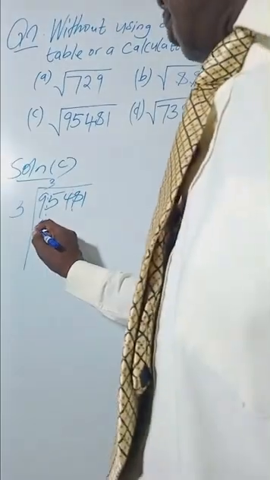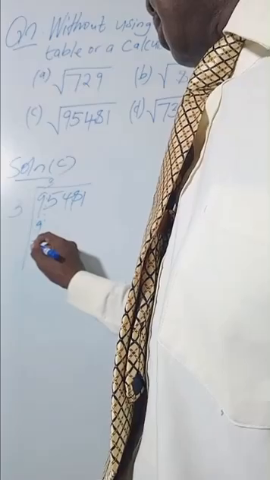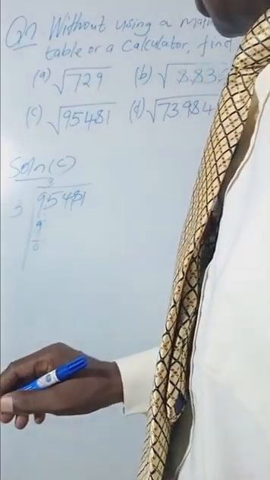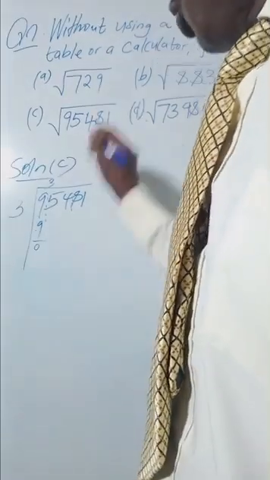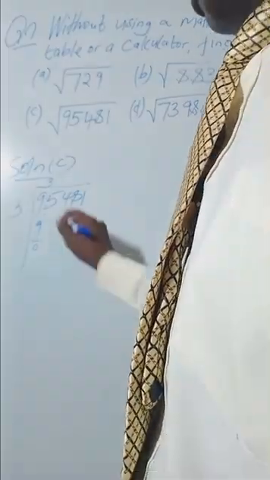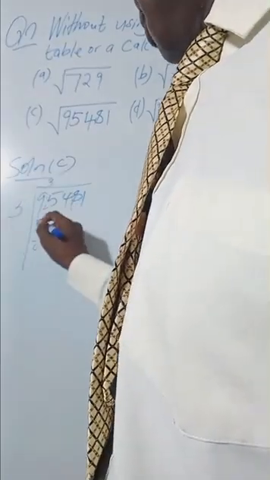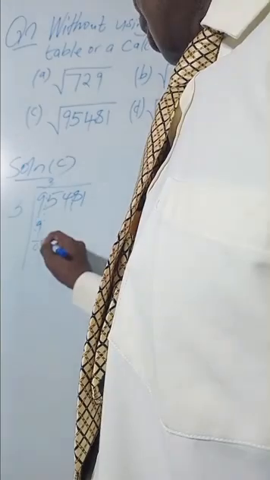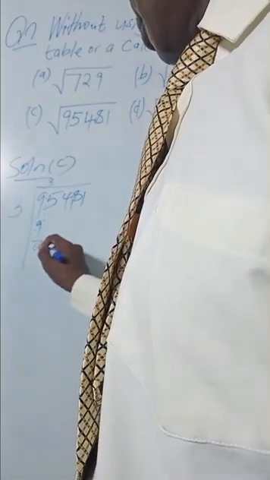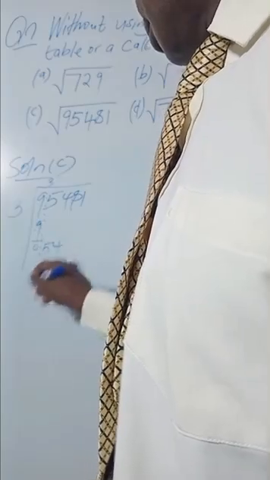Okay. 9 minus 9, what do we get? Nil. There is no number. So what do we do next? We drop the second group, which is 54. We ask ourselves the same question, which number